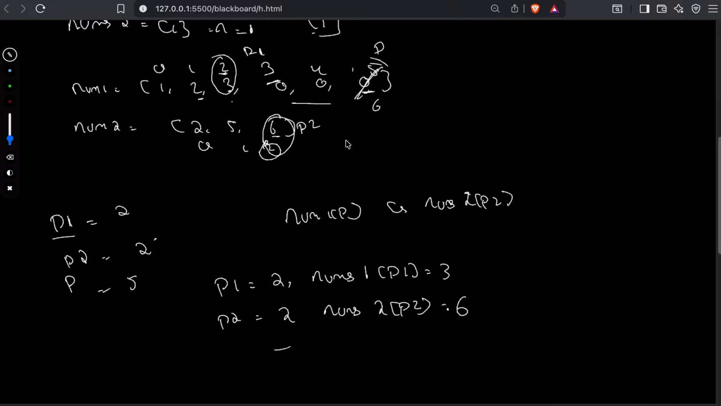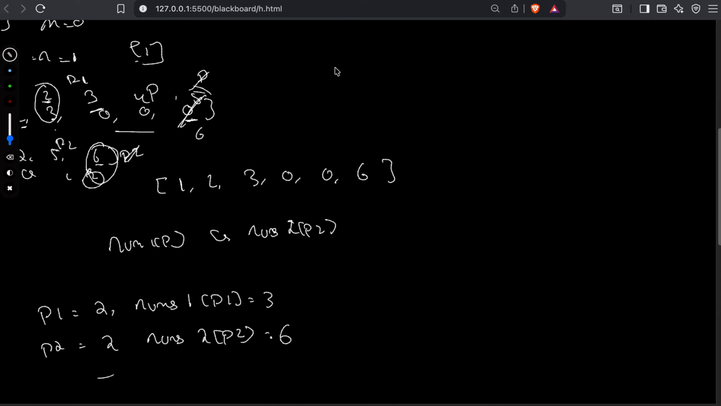Now our nums1 looks like this: 1 2 3 0 0 6, okay. Now we move P2 backward and we move P backward, okay. So P2 comes here and P comes here, okay. Now see, next step,